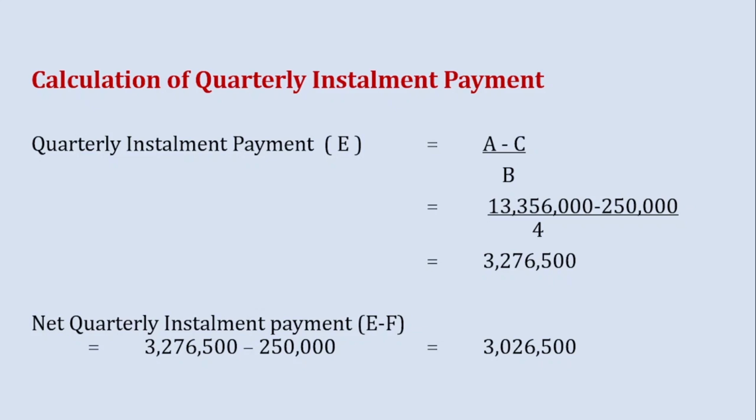From this amount, we can deduct F. F means advance payments made by the taxpayer. So, the advance payment made by the taxpayer is 250,000. After deducting that amount, the quarterly installment payable net amount will be